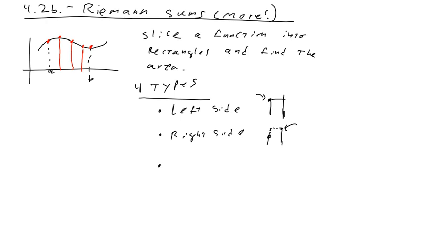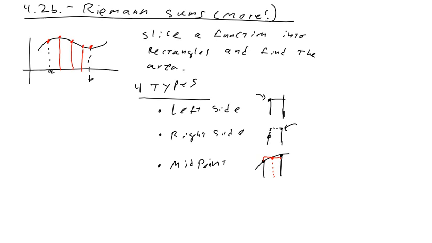Another kind is the midpoint. What other kinds are there? Well, then another type we could use, midpoint sum, where if you have a function, right, and you slice it here, and you slice it here, instead of using the left or the right side, you imagine a kind of middle point. You find the midpoint, and you use that as the height. It's kind of halfway between,